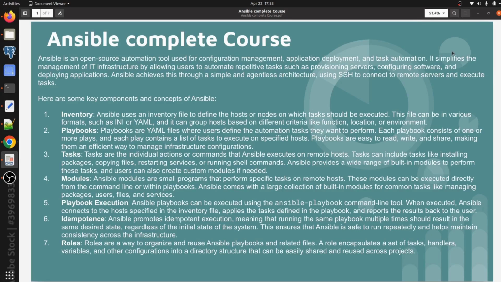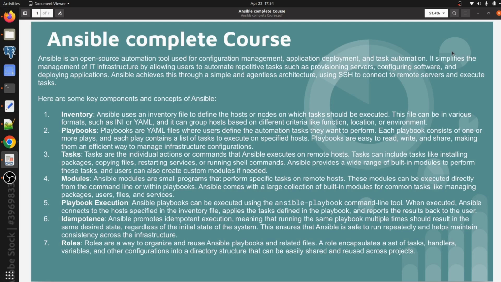So we are going to start a new tutorial on Ansible, and we are going to cover everything from scratch to advanced that you should know as a DevOps engineer. Okay, so this video will be the introduction part of Ansible only. So in an upcoming video we are going to see how we can set up the Ansible master node and Ansible worker